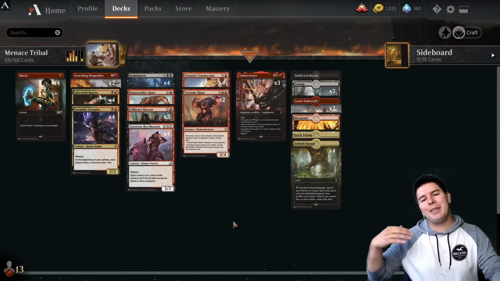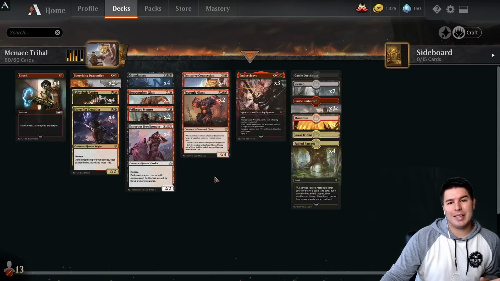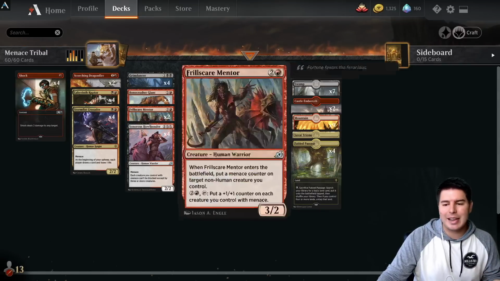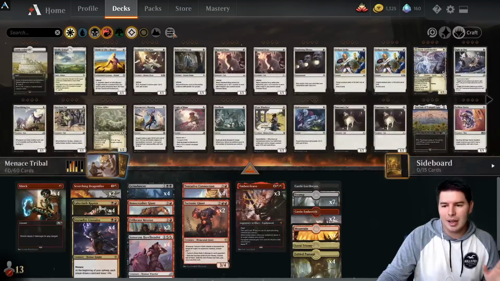My name is Jeff, and today we're going to have some fun playing Magic, and we are playing Menace Tribal today. I haven't done this in quite a while. I'm really excited, and we're playing it in Standard 2021, which means, for all those who I talk about it consistently,